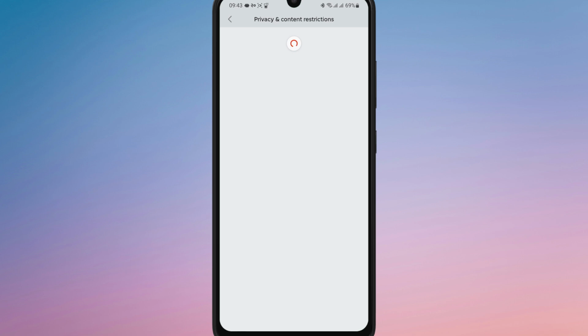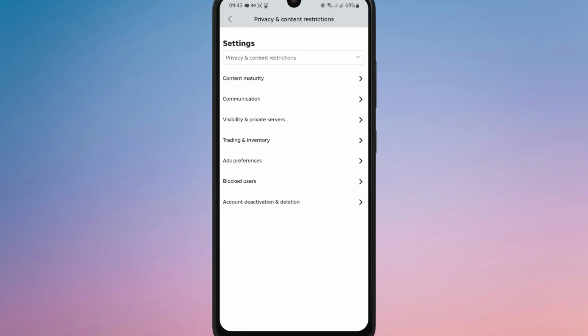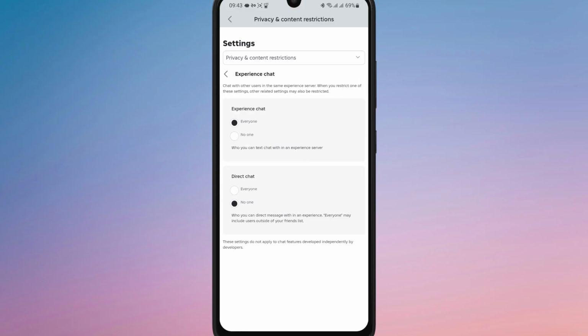This is where you can control who can contact you, chat with you, and interact with you inside games. Now, tap on Communication. This section allows you to manage how you chat and who can chat with you both in experiences and through direct message. Inside the Experience Chat option, you will see a setting that lets you choose who can experience and direct chat